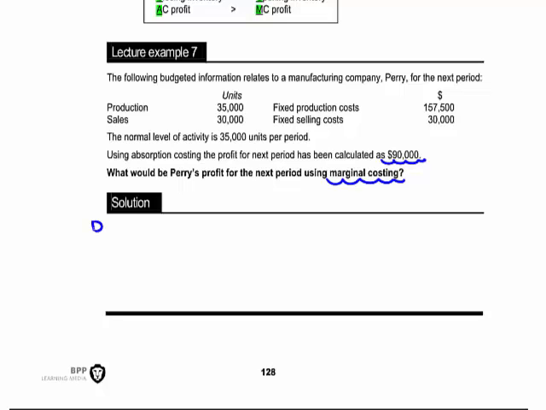So the difference then is equal to the overhead absorption rate per unit times by the change in the level of inventory. Well, we produced 35,000 units and sold 30,000, so the change in inventory is 5,000,